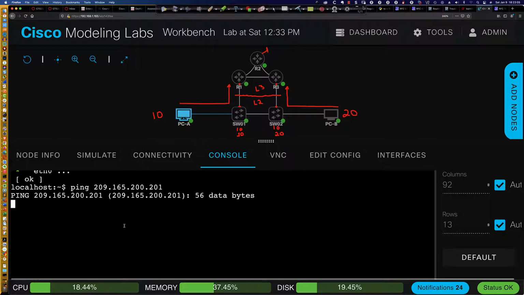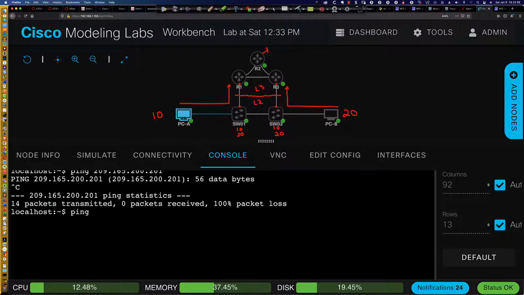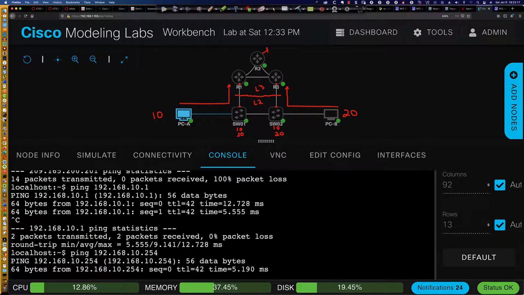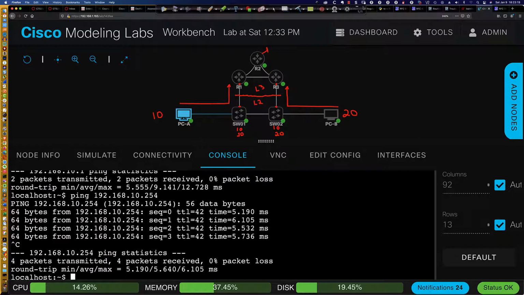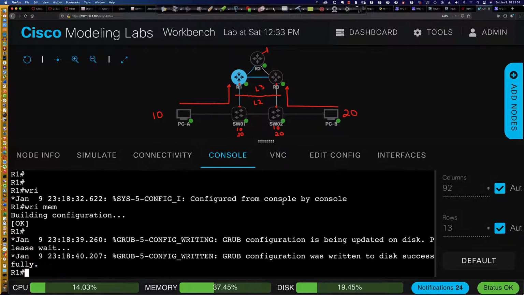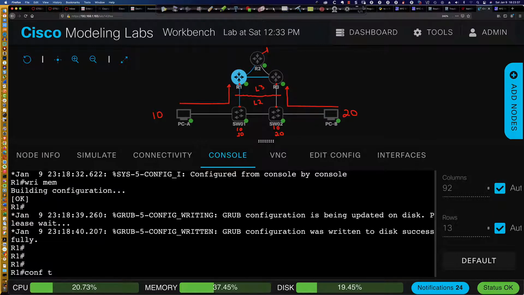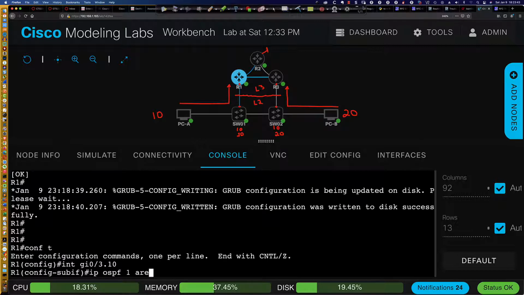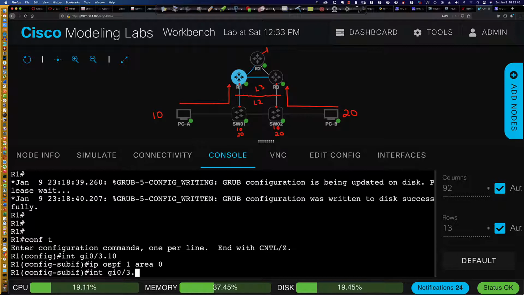Let's see. Can I ping the physical default gateway? 192.168.10.1. All right, so I can reach that, but I can't reach 10.250. I'm sorry, 10.254 I can reach, and the question is, can I reach all the way out to the 209.165.200 dot? Oh, and you want to know what I think it is? I know exactly what it is. So I am not advertising my OSPF information. So let's get into Gigabit Ethernet 0/3.10, ip ospf 1 area 0, int gig 0/3.20, ip